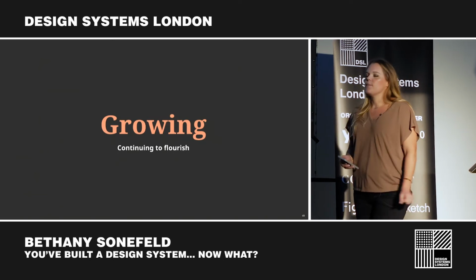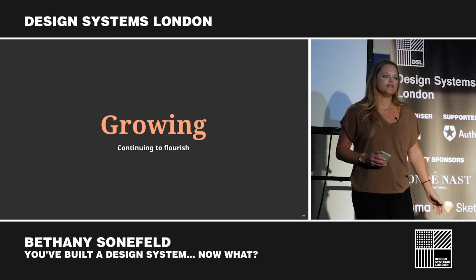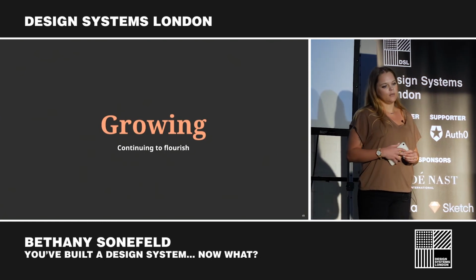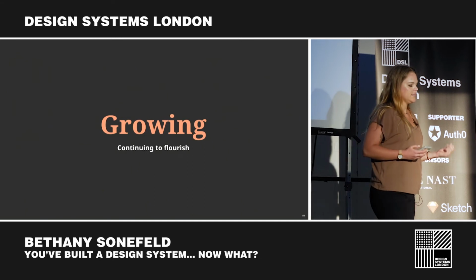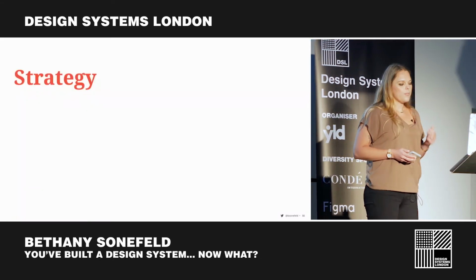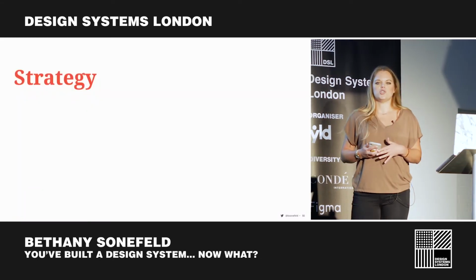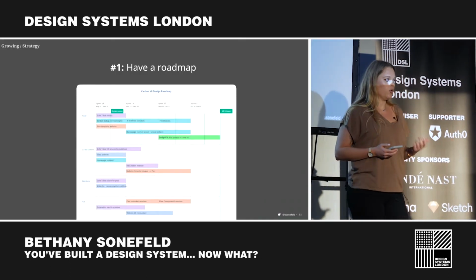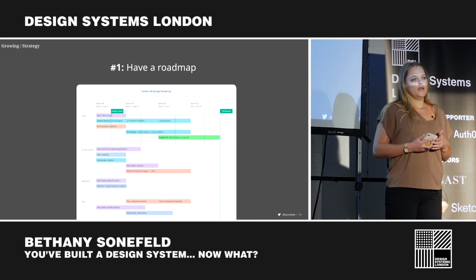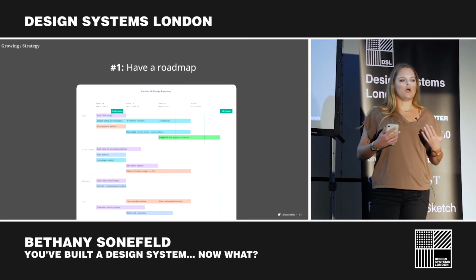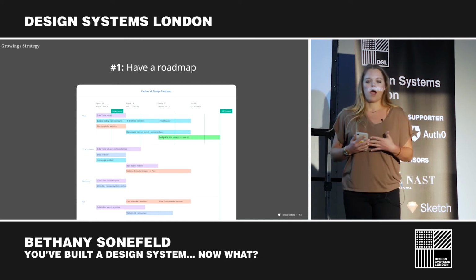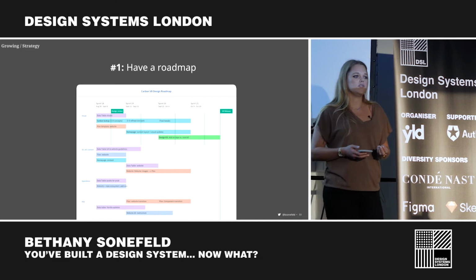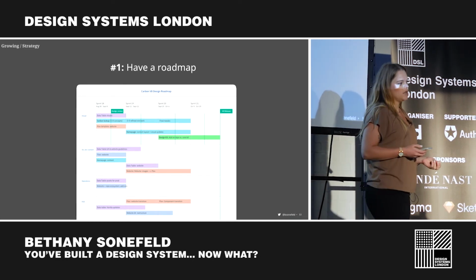All right, so the last topic that I want to talk about is one that's near and dear to my heart because I feel like it's one of the most beautiful parts about working on a design system, seeing it grow and really continue to flourish. And part of that growth is really thinking strategically about the future of your system, which is why it's so important to have a roadmap in place, right? That you're figuring out, okay, where are we gonna be 6 to 8 months from now? How are we gonna get to where we need to be? But having a roadmap is also important so that you can align with your product's needs,